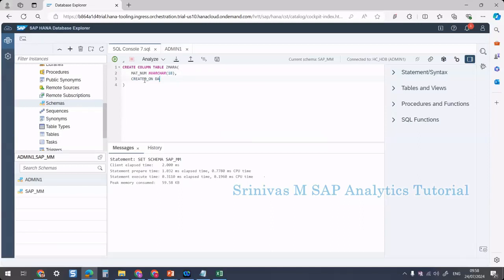And then created on is a date field, so I'm giving the data type as date. And then material type: material type is nvarchar of length 4. I'm taking the SAP standard data types and lengths. Material group is nvarchar